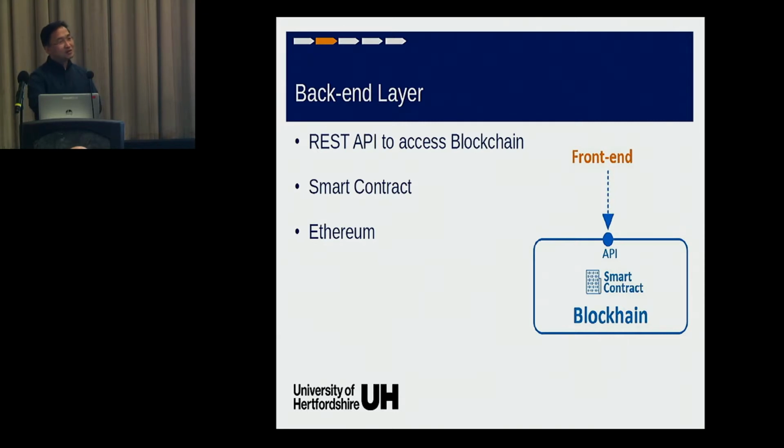But of course you have to write a smart contract. A smart contract is basically code to access the data, right? So you build a smart contract that is basically a dynamic list of attackers. That's actually what this smart contract is. And Ethereum is the blockchain network that supports smart contracts, as opposed to other blockchain networks.